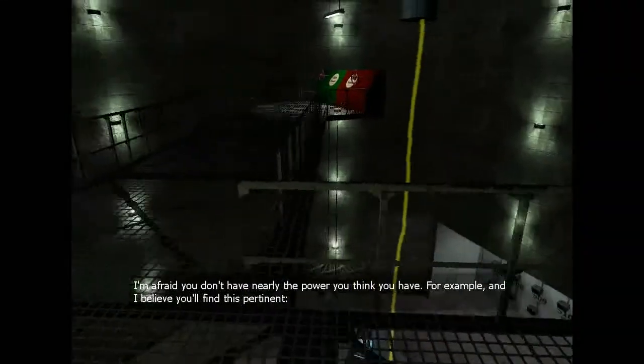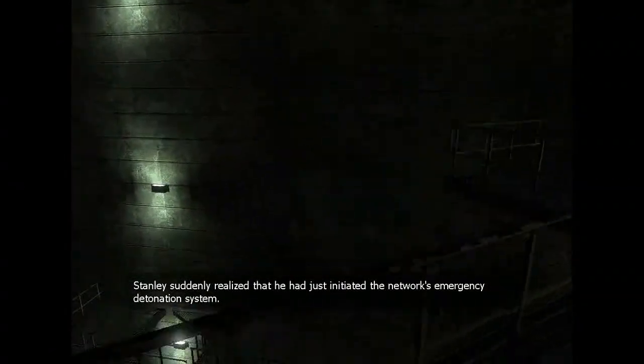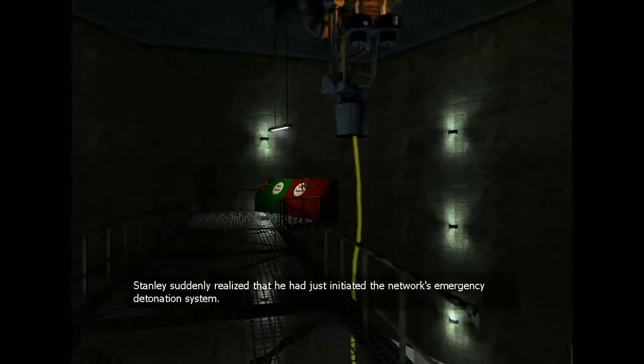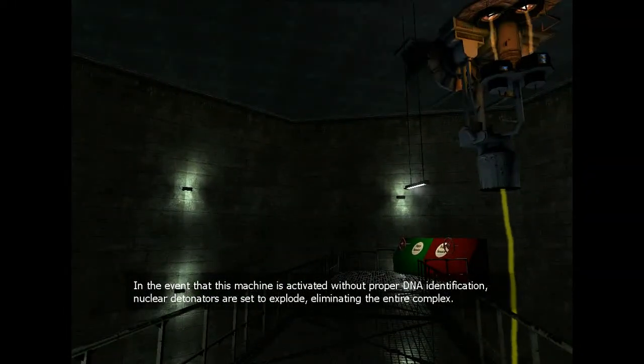For example, and I believe you'll find this pertinent, Stanley suddenly realized that he had just initiated the network's emergency detonation system. What the fuck? In the event that this machine is activated without proper DNA identification,